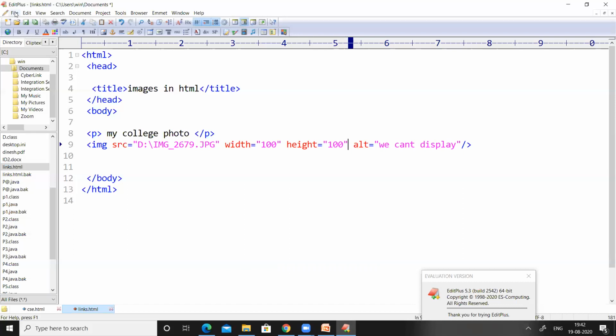Now again we have to save the code and refresh in order to see the next output. If you refresh the web page, the changes have been applied. You can observe the large image has been compressed into 100 height and 100 width.